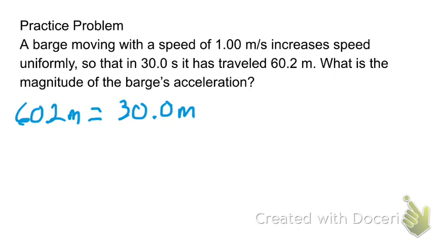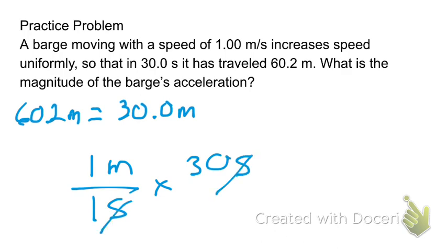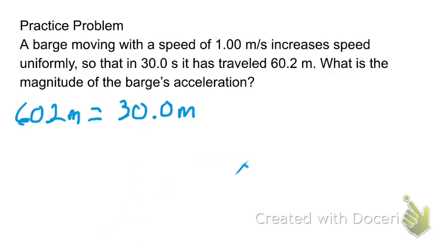So the seconds cancel. In my head, they become squared and the meter's still there. The reason they cancel is because we're essentially saying 1 meter every 1 second when we say meters per second times 30 seconds. So the seconds cancel like that. And that's why we wind up with 30 meters. If you're going 1 meter every second and you go for 30 seconds, you're going to go 30 meters. Yep. So we wind up with 30 meters, and then to add to that, we're going to have to do